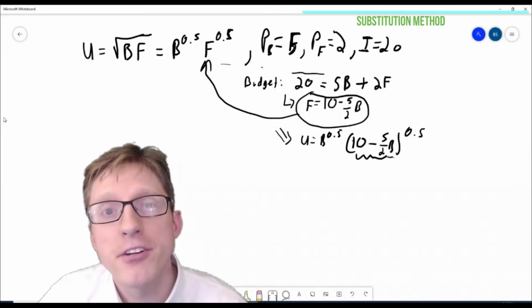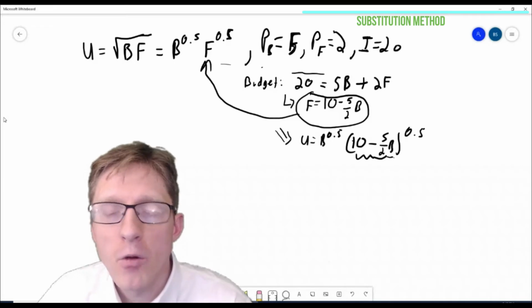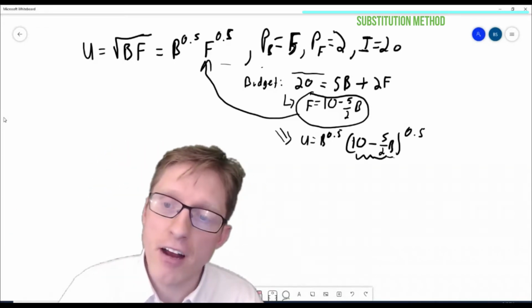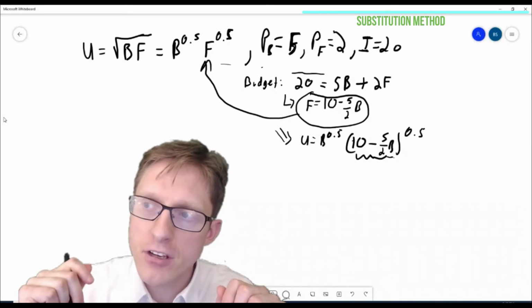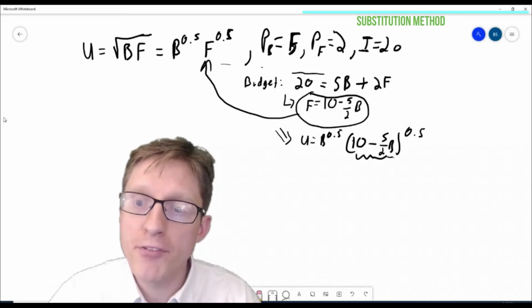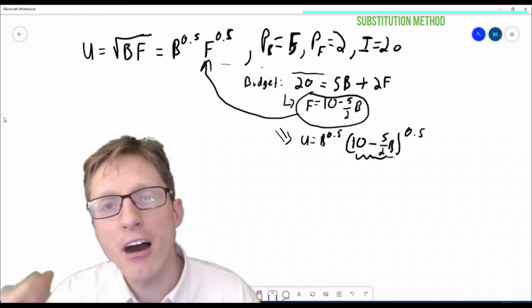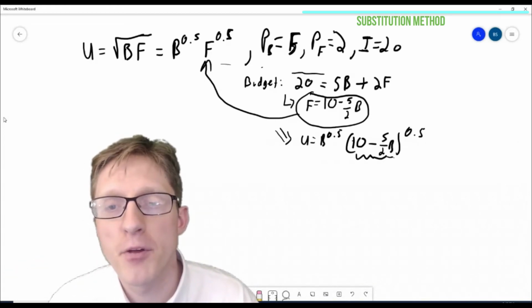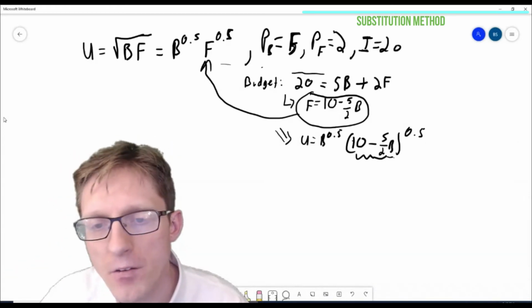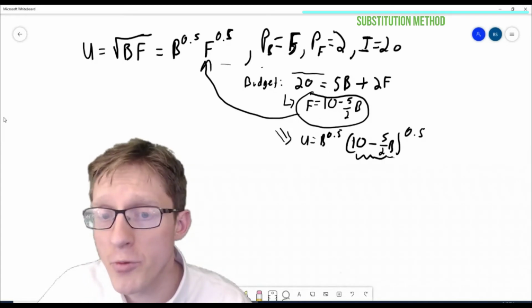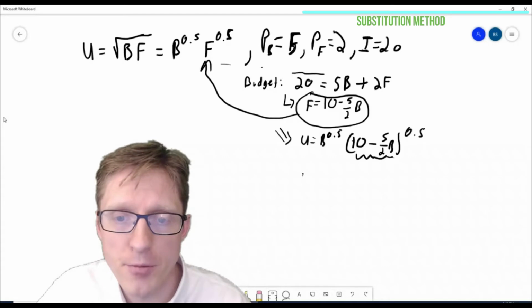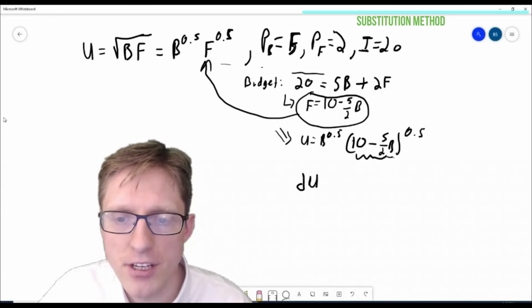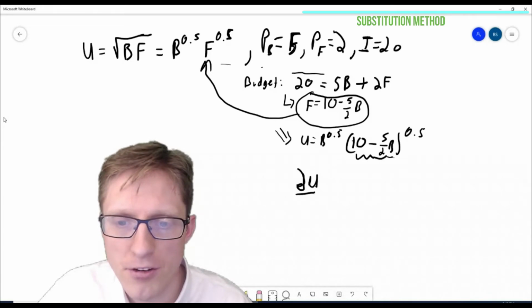So now what we can do is, well, let me take a step back. What we've done here is we've used the budget constraint to turn a constrained optimization problem of two variables into an unconstrained optimization problem with only one variable. So now we can just take the derivative of utility with respect to b, now that we've got it in terms of that one variable, and solve. So let's take the derivative of utility, I should say it's a partial derivative,